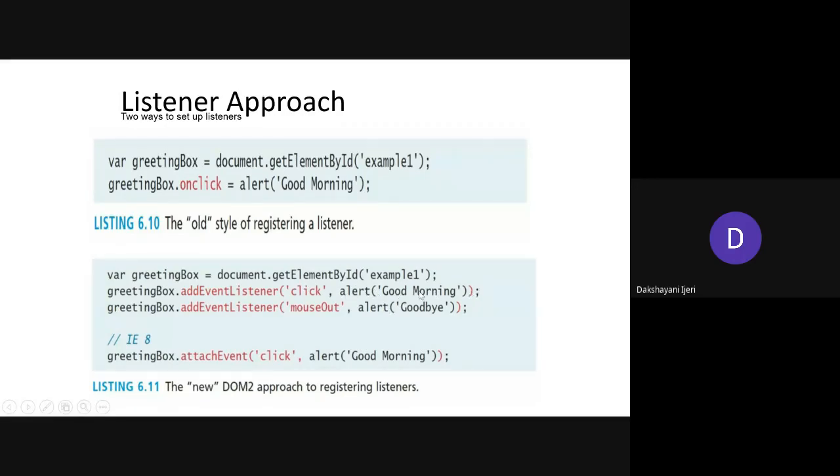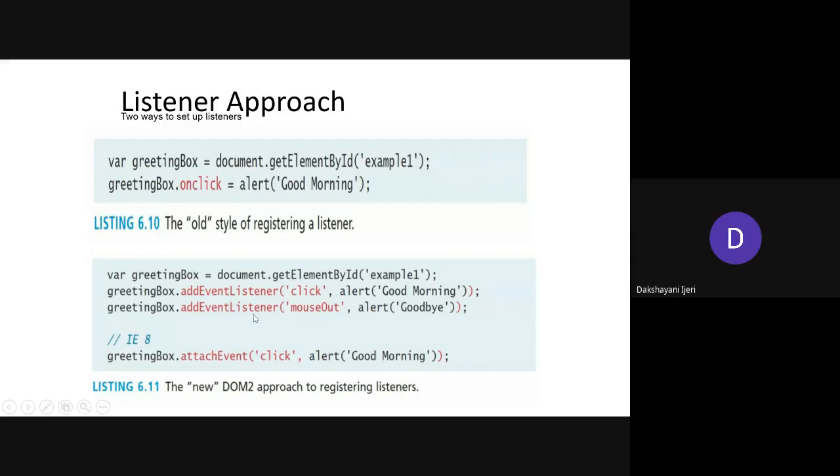This can be directly the display statement or the alert method, or as a second parameter you can directly take the function whose body you might have written elsewhere to tell what action needs to be performed. Not necessarily only alert. You can directly take the function name to tell what you need to perform based upon this event. That means once you click, it has to display a pop-up message saying good morning.